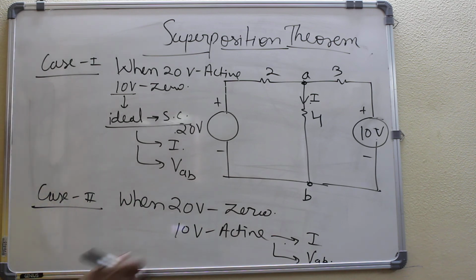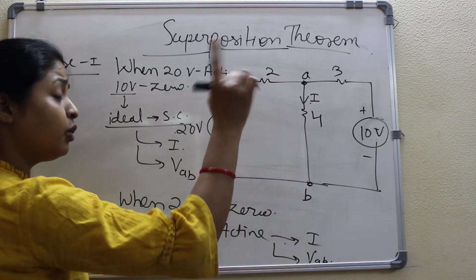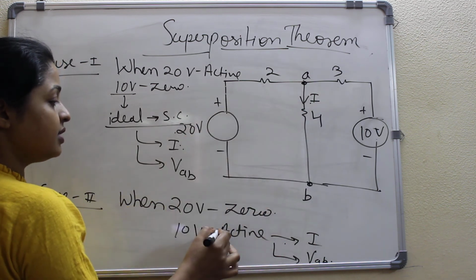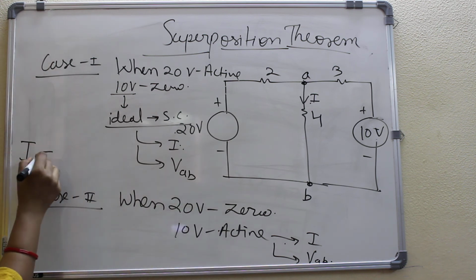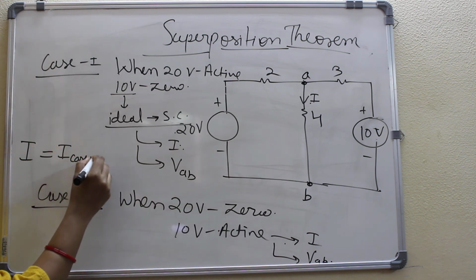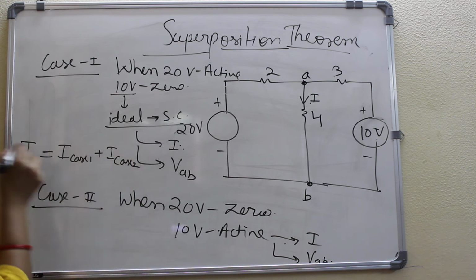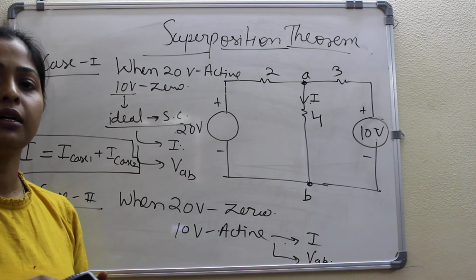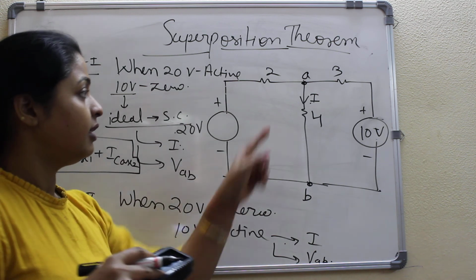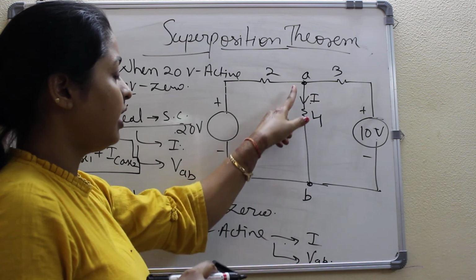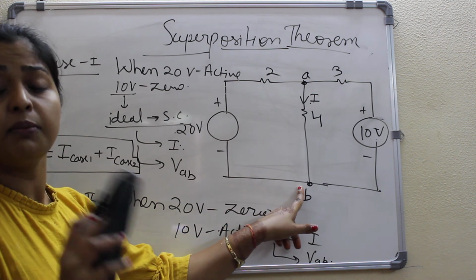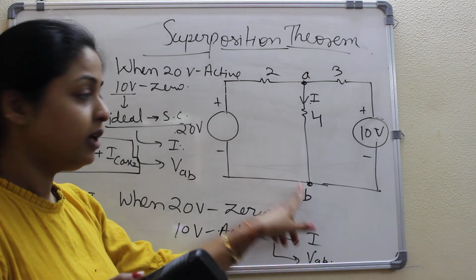So the total current flowing through the 4 ohm resistance or total voltage between the AB terminals will be the algebraic summation of the currents in each case. Fine. So according to superposition, I = I case 1 plus I case 2. So this is the statement of the superposition theorem. Let me remind it again. In any linear 2-terminal bilateral network, the flow of current through any of the branch, or voltage between 2 terminals, will be the algebraic summation of the current or voltage when each source